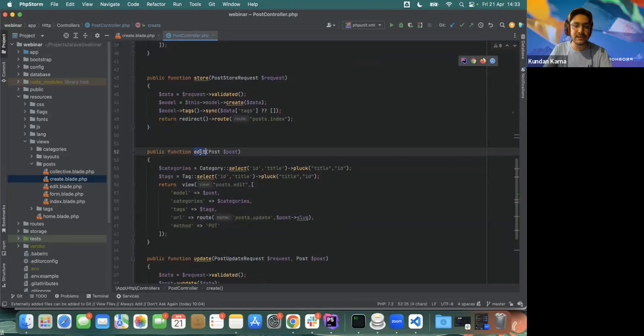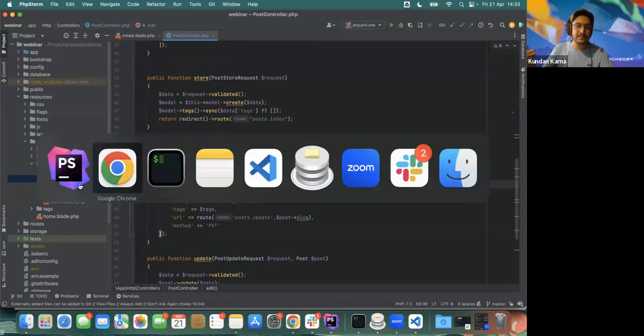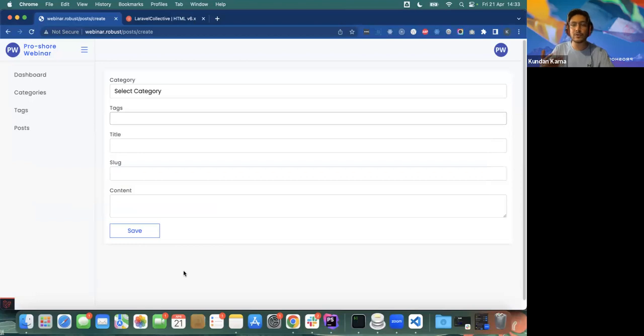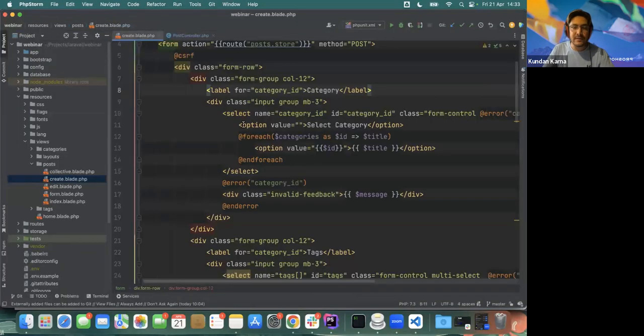So in the edit section, as you can see, I have used post.edit. What I'm trying to say is there are two blade files for the same form. I want to create a post and I want to edit the post, but the blades are separated into two files. So if I want to add something to the form, I have to add it in two places. Also, I have to check if the value is null or not. I have to loop for the select options for the category. As you can see in the create, I have to loop the options, and